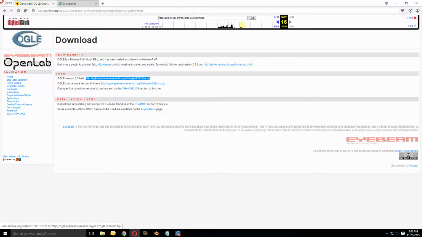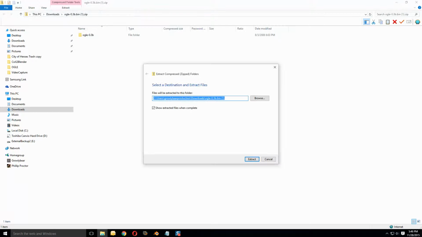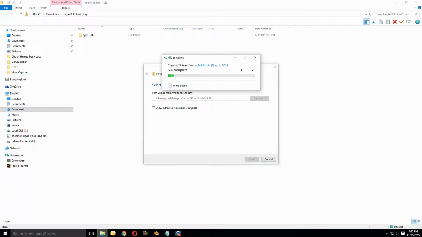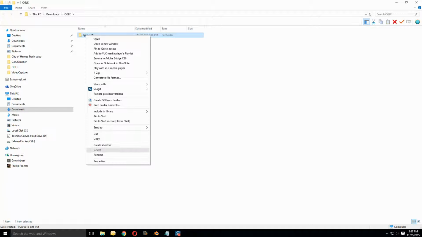Basically, what you're going to do is download the zip, open it up, and extract it. Extract all. Just for clarification, in the end, this needs to be named Ogle, so I'm just going to extract it into that folder there. It will extract it, and that didn't work out so well. This extracted folder is what you need. You're going to copy it,